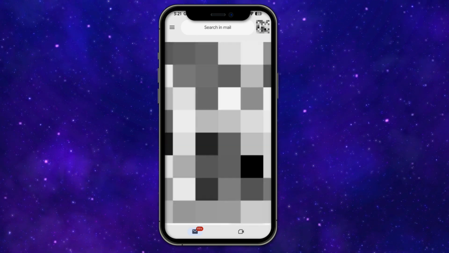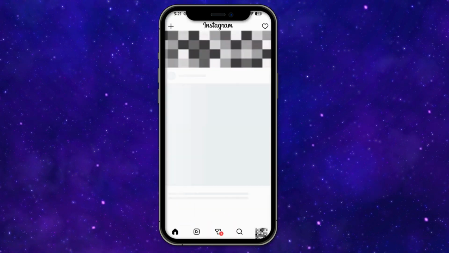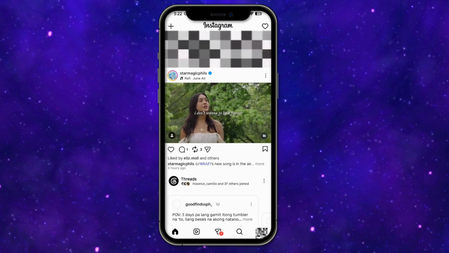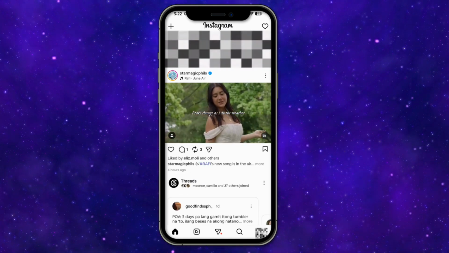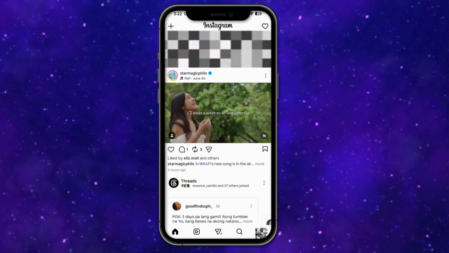Third, recover hacked accounts. If your account was hacked, tap need more help and select my account was hacked. And Instagram may ask for identity verification like a selfie video. If your account was disabled, submit an appeal through the Help Center and you may need to upload a government